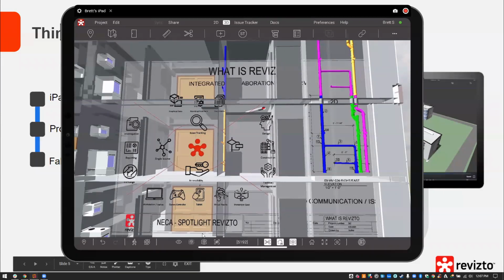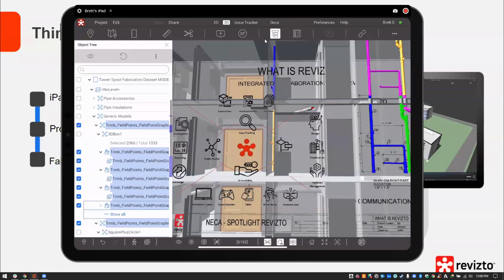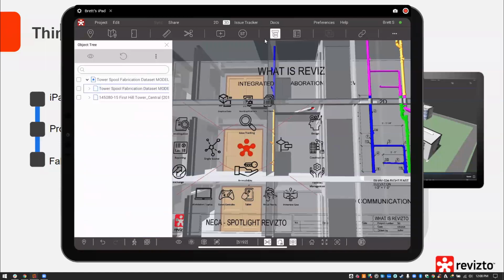All right, my apologies. So as we dive into this, what we're going to see is that Revizto 5 is really bringing an organized data structure to the mobile device. All of us are very familiar with the way that we work with data, and that data is structured in a way that we can template out how we're going to use it and dive into it at an object level, a system level, work sets,